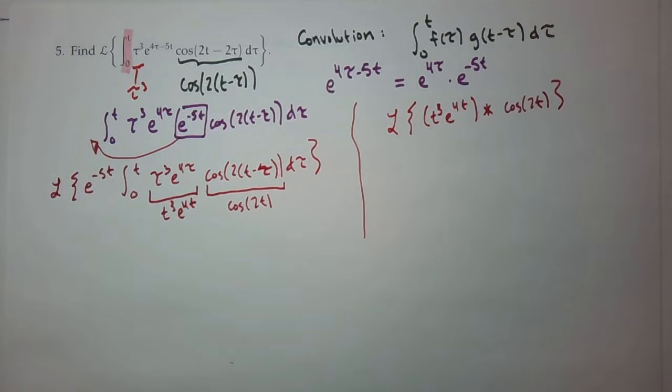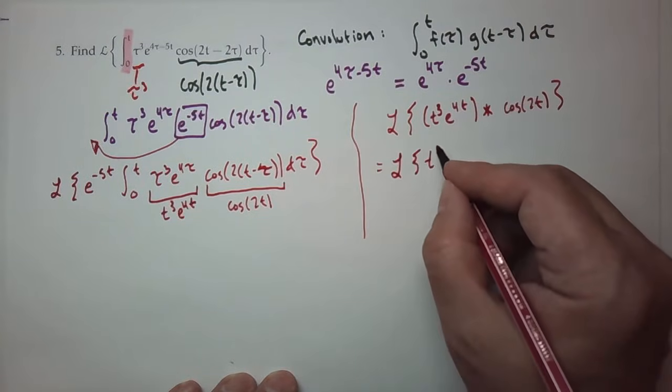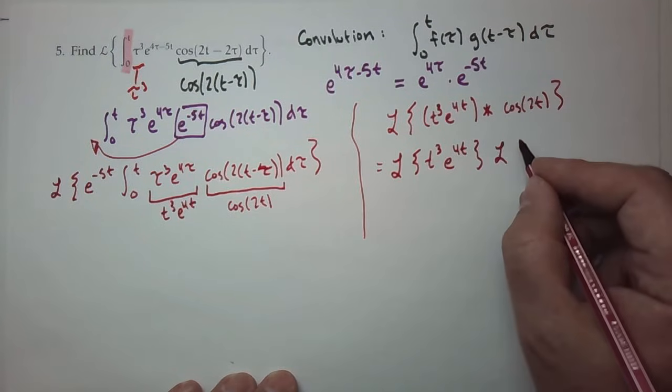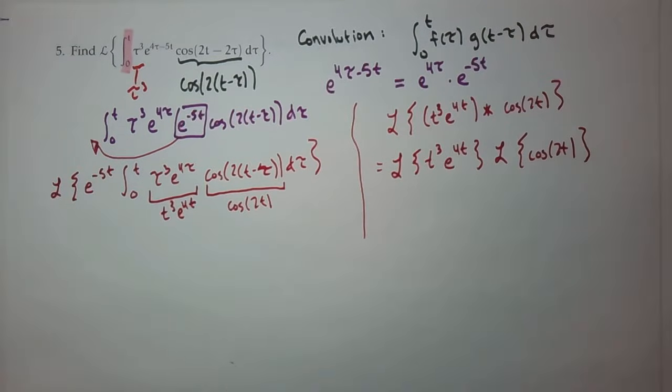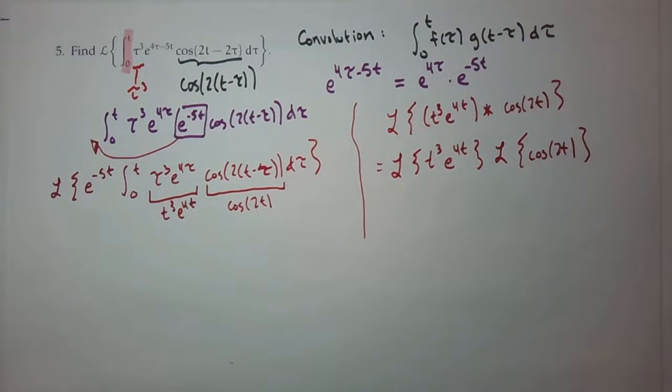What's the rule for convolution? It's L the first time, L the second. Yeah, so the thing is, convolution is set up so that you can take the Laplace transform of the two things and you multiply the results. So we can take the Laplace transform of t cubed e to the 4t, and times it by the Laplace transform of cosine 2t. Well, all right. So